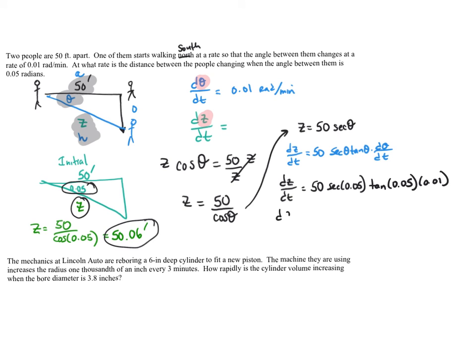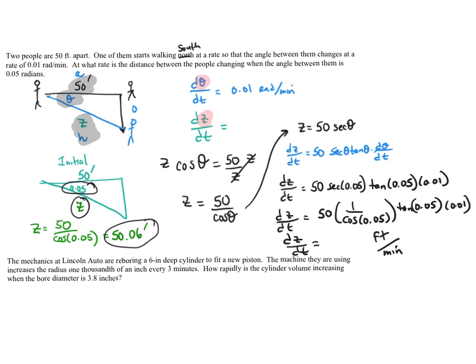So if you want to put it in your calculator, now Desmos has a secant button, so you can certainly do it, but if you're just using a calculator, you could just put secant back to 1 over cosine. And then times 0.01. And that will tell us how fast this thing is changing. And it's going to be in feet per minute. So you just put all that in your calculator. So I tossed all this in my calculator, and I get